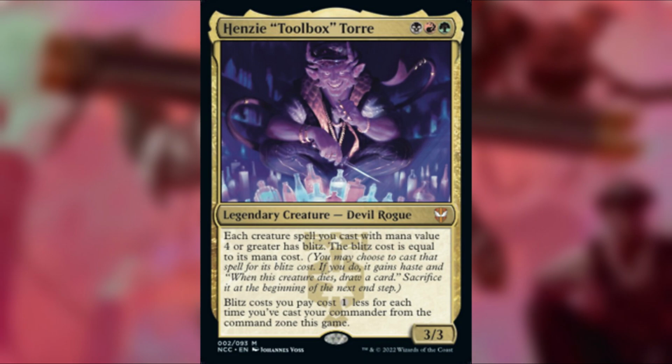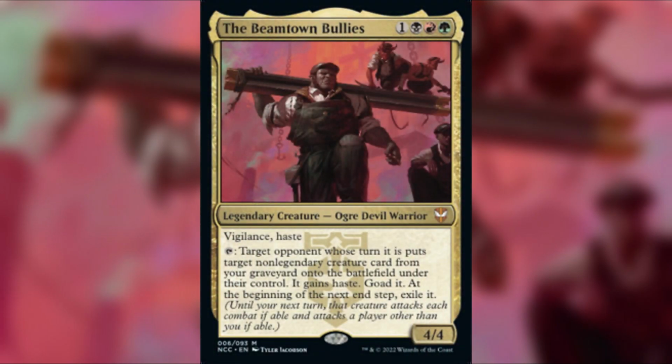Now, the Beamtown Bullies I thought was much more interesting because it's got a bit of a politics-esque feel to it in Jund, which is something that we don't typically get for that color combination. So just to read him off, he's a black, a red, and a green 4/4